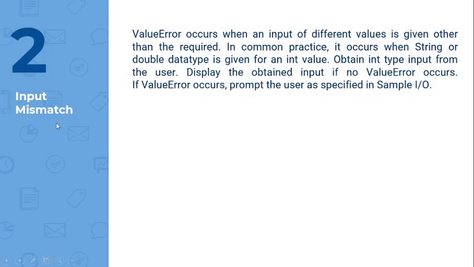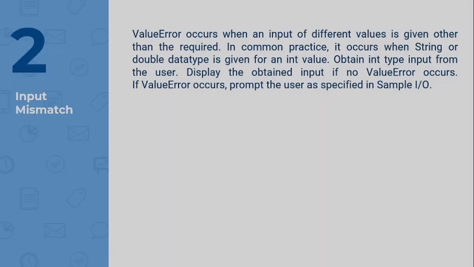The second one is input mismatch. Generally, whenever there is an input mismatch, as we saw in the last discussion itself, a value error will be raised. In the same way, a value error occurs when an input of a different value is given other than the required value. In common practice it occurs when a string or a double data type is given for an int value. So we have to obtain an integer value from the user and display the obtained input. If no value error occurs, then we have to